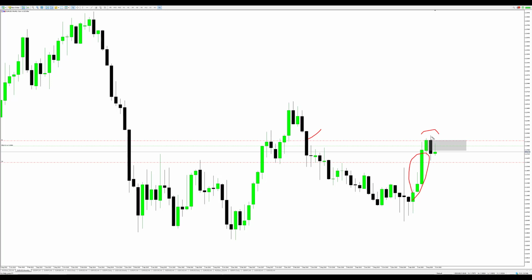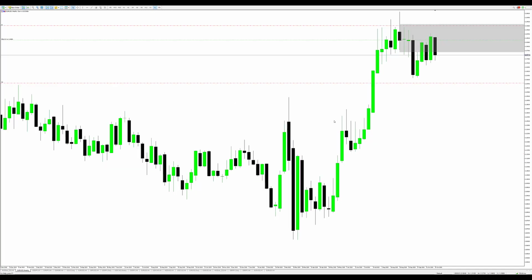So once price filled the fair value gap and then it massively dropped and September closed bearish, that was a clear definition of our bearish order block, meaning we will be hunting for short trades in this last up candle. So now once you have defined your bearish order block, then you have to drop down to a lower time frame. As you can see right now, I'm on a monthly chart. I'm gonna go now onto a weekly chart.